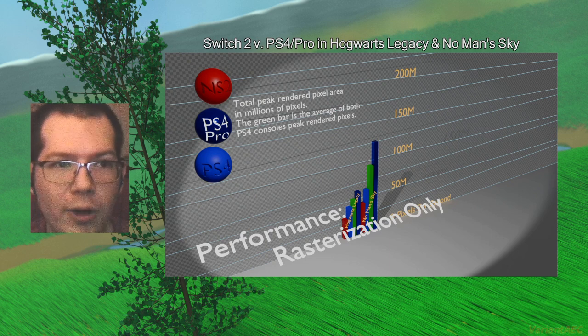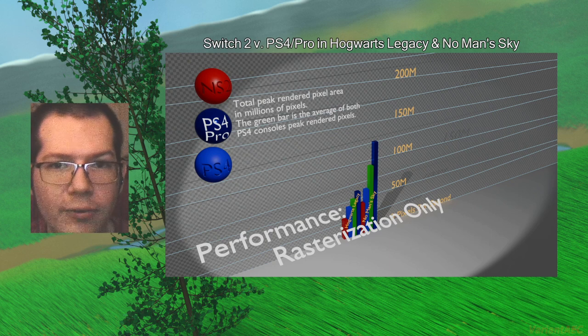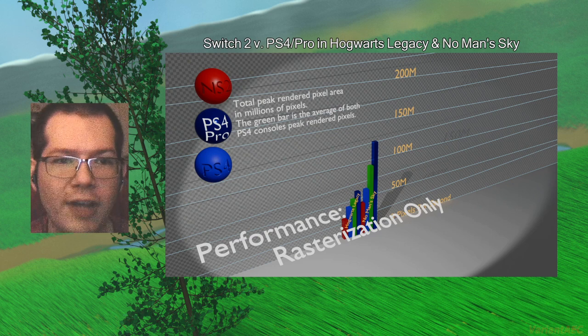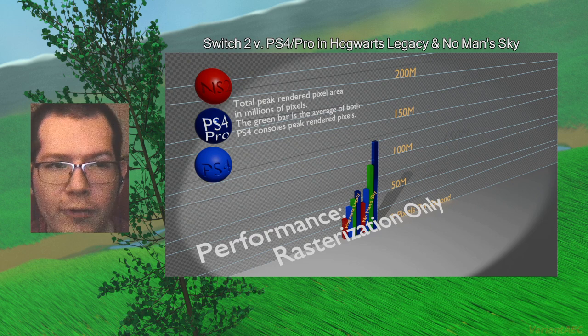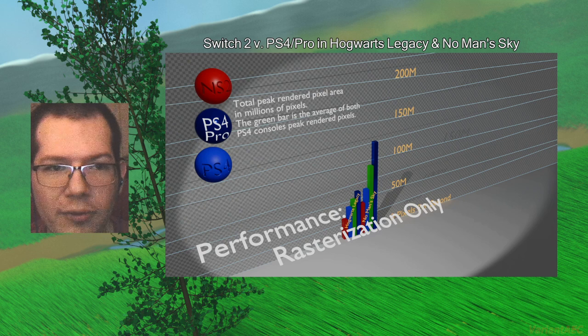But given the performance captures done by Digital Foundry, it's unlikely that Switch 2 is rendering at 1080p in almost any situation. With performance wavering from 30 FPS, performance mode on Switch 2 actually manages to run even worse than the game's quality mode. I'll give Switch 2 the benefit of the doubt because it can outperform PS4 at points